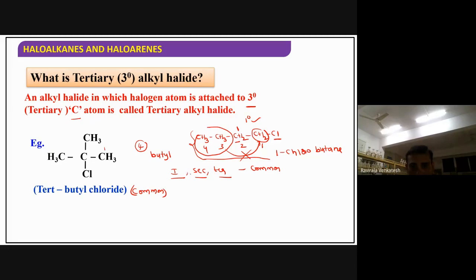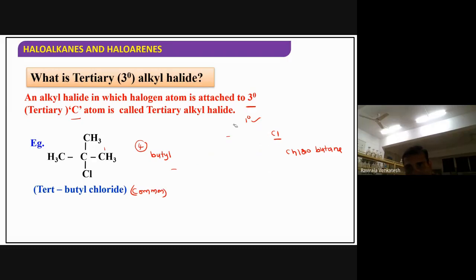Now what I am saying here, iso, tertiary, whatever it may be, they come under common nomenclature. Now what is IUPAC nomenclature? We need to give numbering for the substituent. Now listen here. This is the root word, the longest chain I have to take. You can give numbering from either direction because it is a symmetrical molecule; in either direction, the substituent will get 2 only. So any direction you can give.